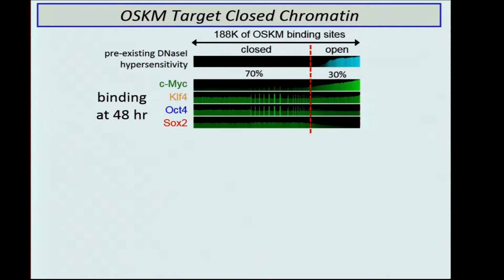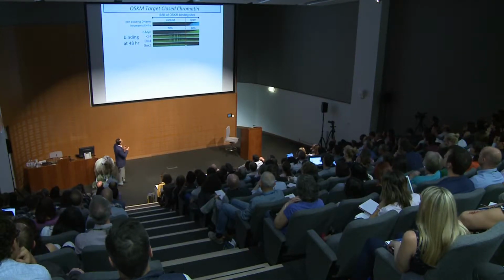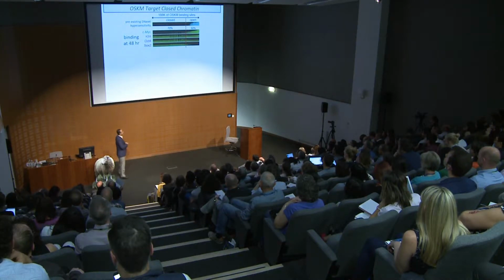One of the major findings from this experiment was that the binding of these factors, highlighted in the green ChIP-seq signal here, lies within DNase-resistant regions, which means it's within regions of closed chromatin, and that was not expected. It's only MYC that binds mainly to open chromatin, but for OCT4, SOX2, and KLF4, the majority of their binding sites is within closed chromatin.